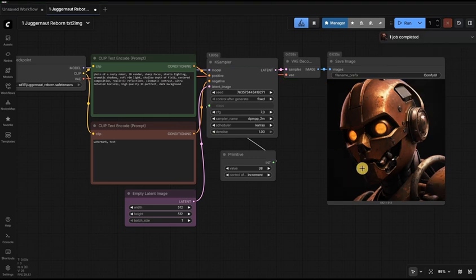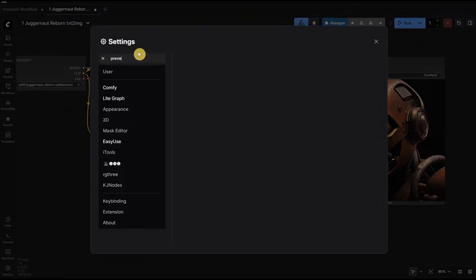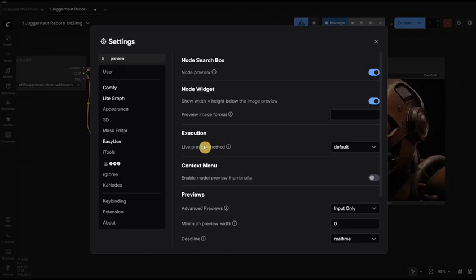After the current generation finishes, it will stop. There is also another way to see a small preview of what is happening inside the K-sampler. From the menu, you can go to Settings, but it is faster to access the settings from here. In the Settings search bar, type Preview. You will see an option called Live Preview Method. By default, it does not show anything, but if we set it to Auto, we can see a small preview